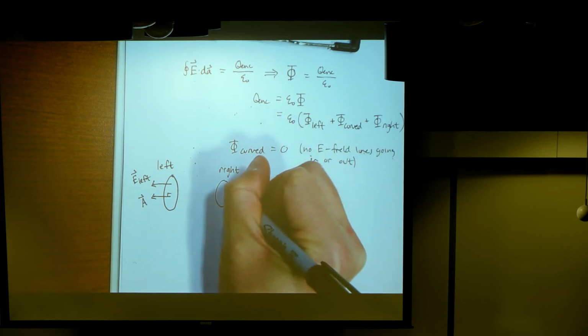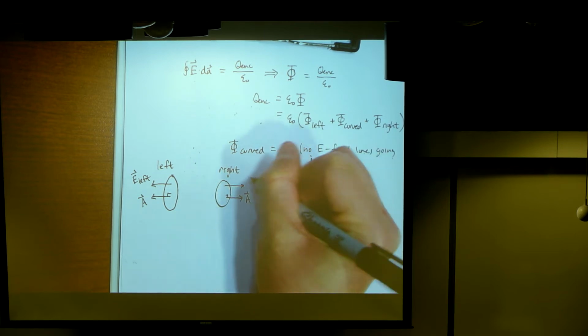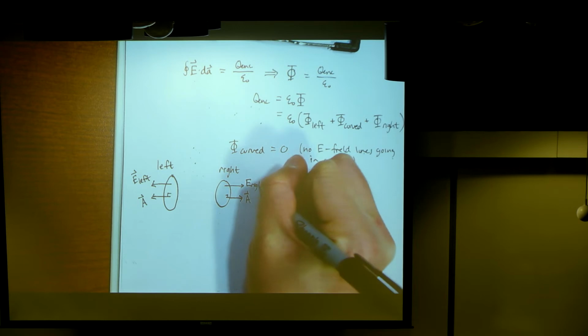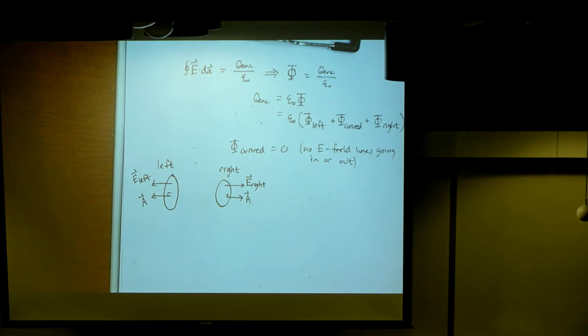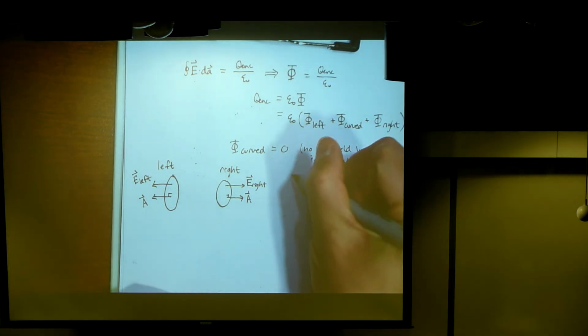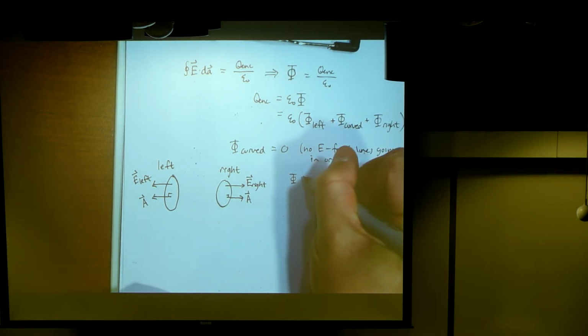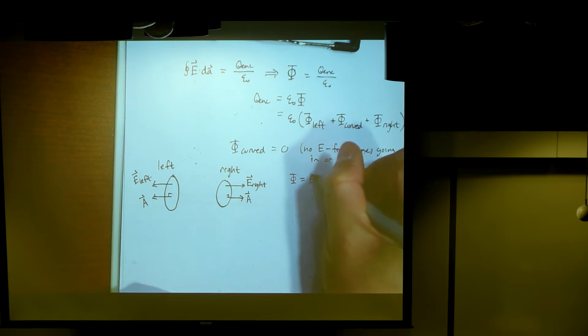And then I have some kind of electric field here, which we'll call E, right. So that's the basic picture as to what's going on and what we need to know in order to calculate flux. Does that make sense? So for each one of these, we're going to do this calculation. We're going to say flux is E dot A,